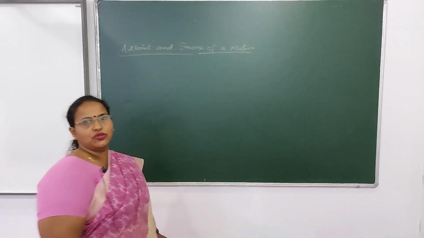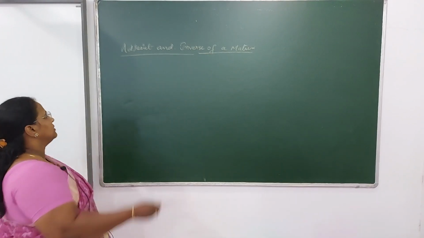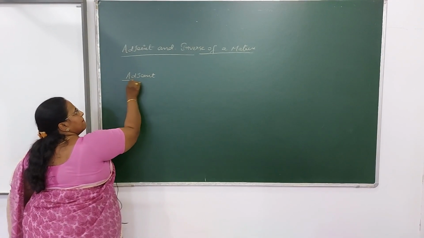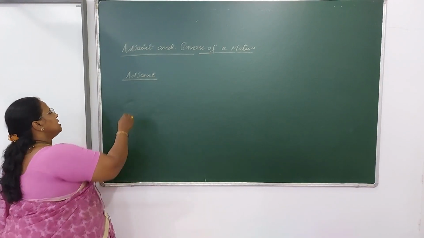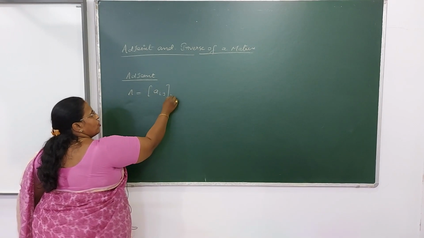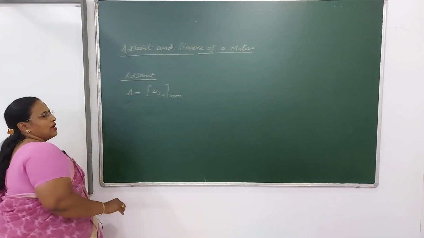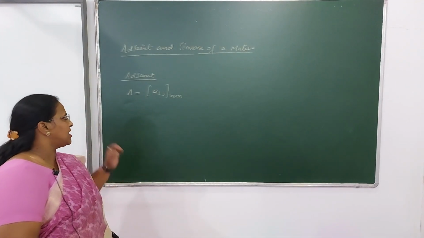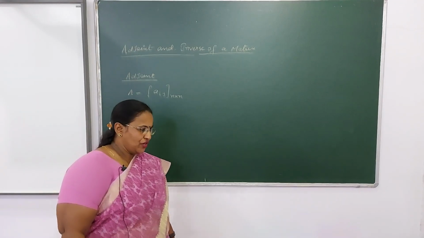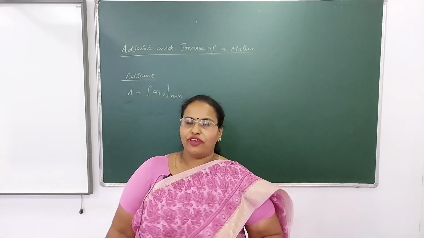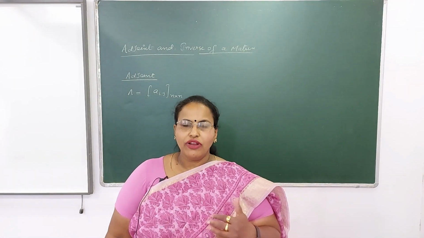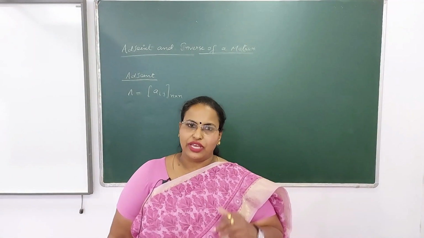So first of all, coming to the term adjoint. Adjoint of a matrix. Consider a square matrix A = [Aij] of order n. Now Aij is the elementary representation: i stands for the position of row and j stands for the position of column. In my last video, I explained the minor and cofactor of an element of any square matrix A. So here we will require the cofactor of the element.